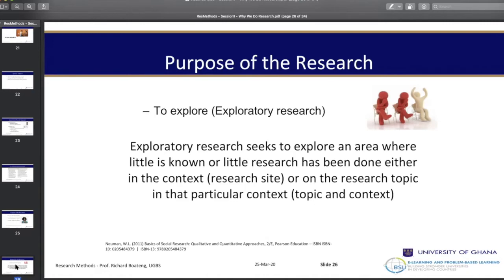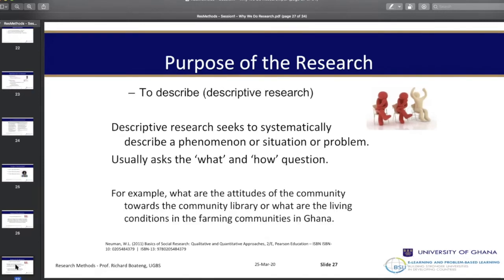However, beyond exploratory, when we gain some understanding of what is happening, we can then do what we call descriptive research to describe how that thing is happening. So descriptive research tries to systematically describe a phenomenon and situation. So you do an exploratory research on female employment in the industry, and realize that there is a lot of support and a lot of practice for women to get jobs in the extractive industry. And you say, how is this so? So you want to try and find out how is this so, what is happening, what kind of jobs are they getting, and how is it happening? That then becomes a descriptive research.